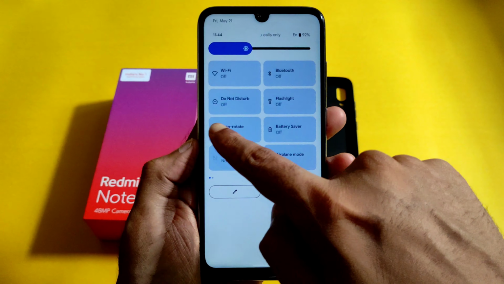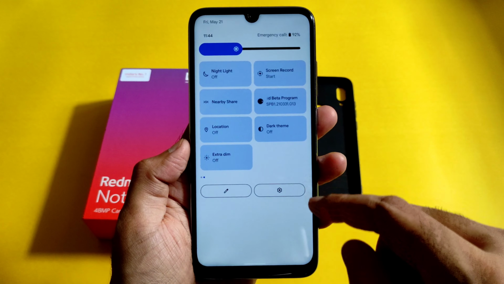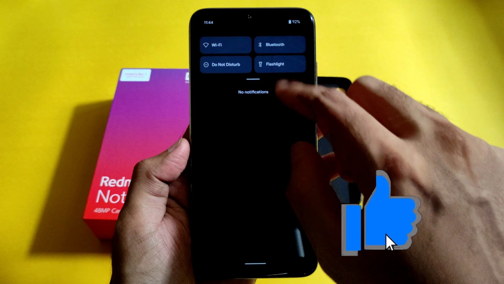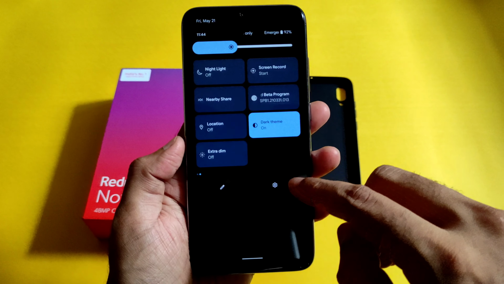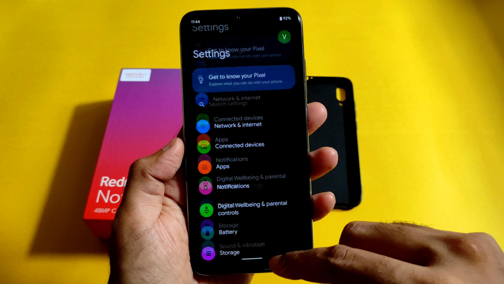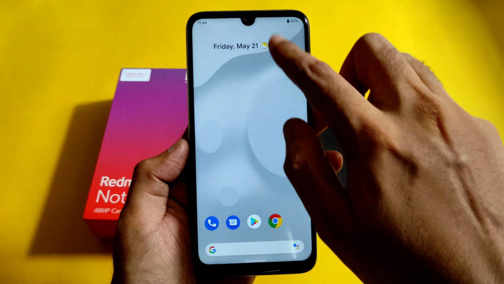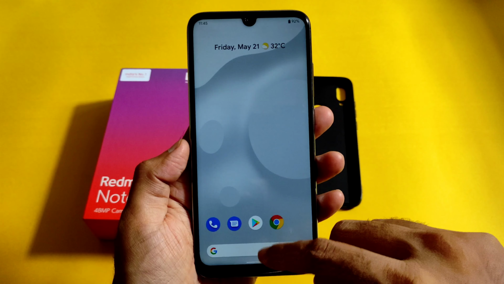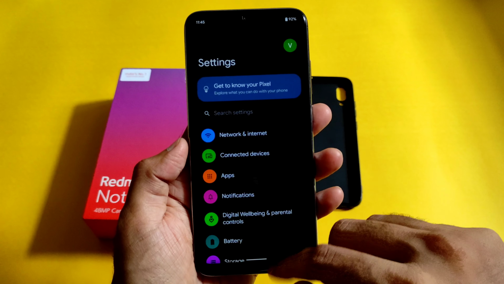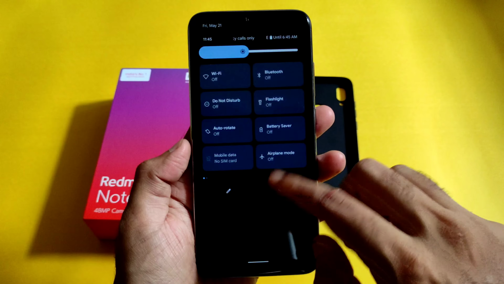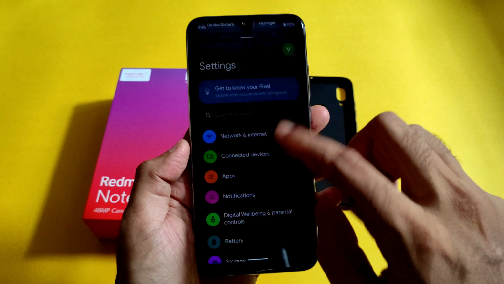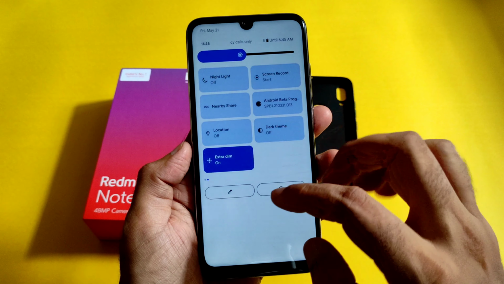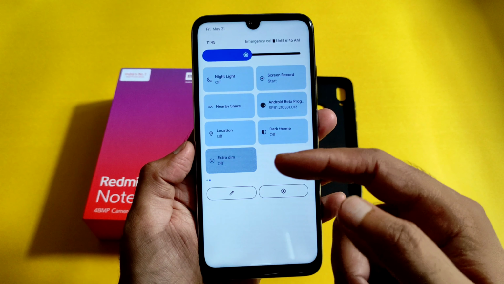And as you can see, this is how the quick settings panel looks, and dark theme and extra dim options are also given in this ROM. And this is how the settings panel looks in the dark mode, and this is how the quick settings panel, a little bit new style, tiles type. It's similar to MIUI control center, but anyhow it's different from all the Android recently, from Oreo to this. This is the new Material U user interface, I mean the Material U design, as you can see.